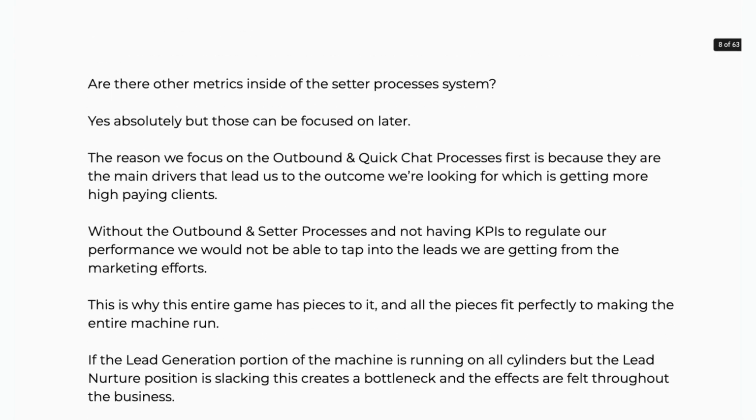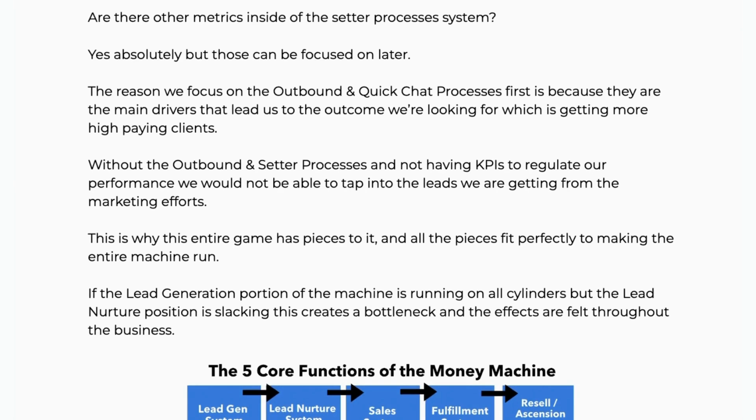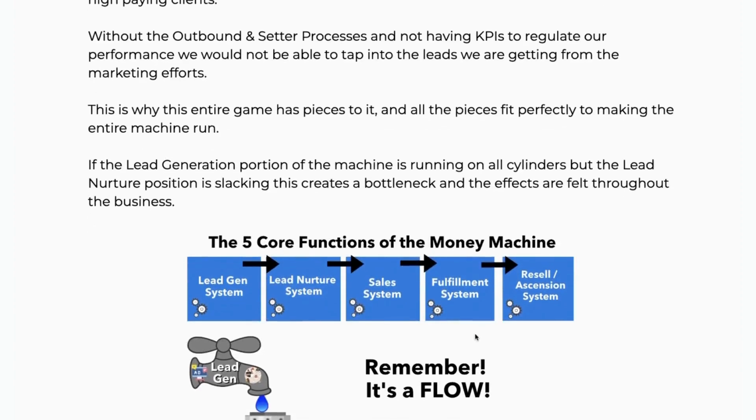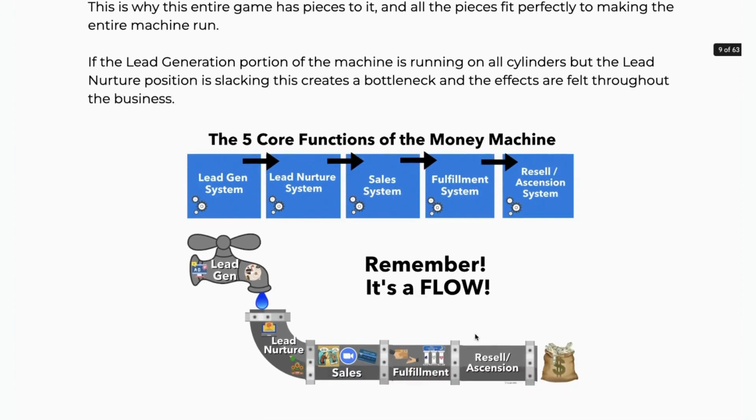Now, really quickly, I get this question a lot. Are there other metrics inside of the setter processes system? Yes, there are tons of other metrics that we can track and pay attention to. But we're going to focus on those later. And the reason we focus on the outbound, the setter, and the quick chat processes first is because those are the main drivers that lead us to actually getting more high-paying clients, right? So if we go back into our 5 core functions here,